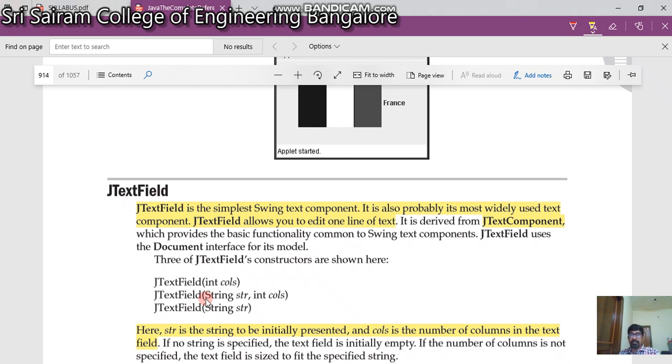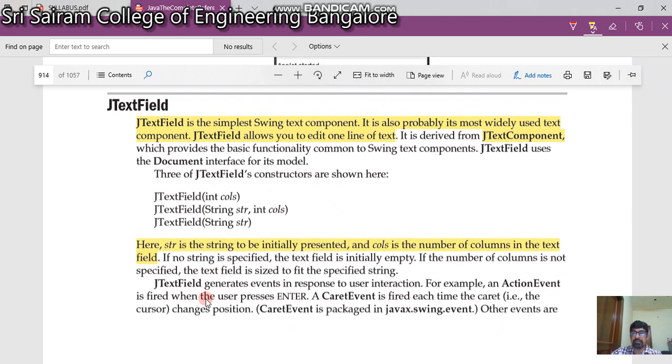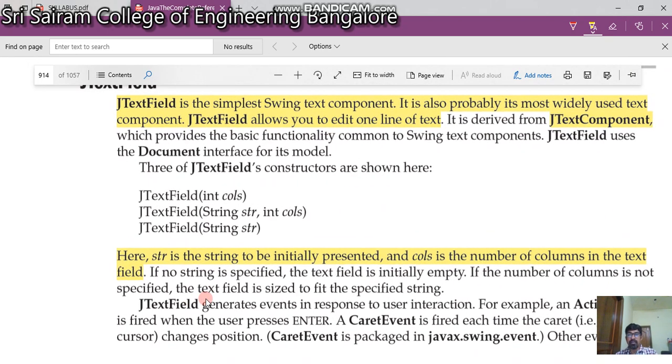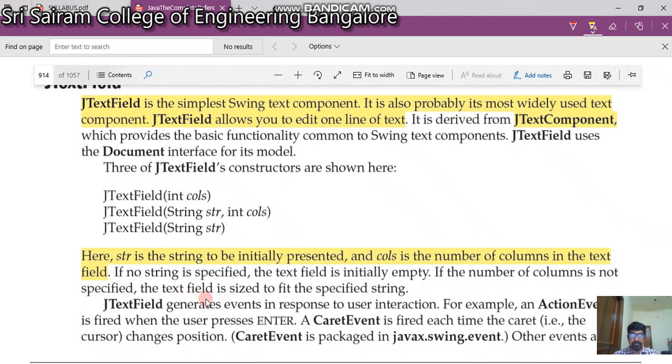If you look at the screen, you can see it has three different constructors, which take a single parameter, two parameters, and again a single parameter but of a different type. STR is a string to be initially presented in your JTextField. COLS is the number of columns in the text field. So you can give the number of columns, or you can give the string, or a string with the number of columns, whichever way is fine.